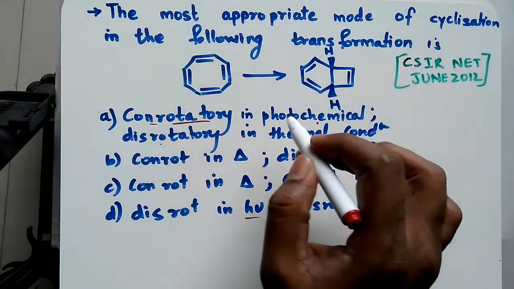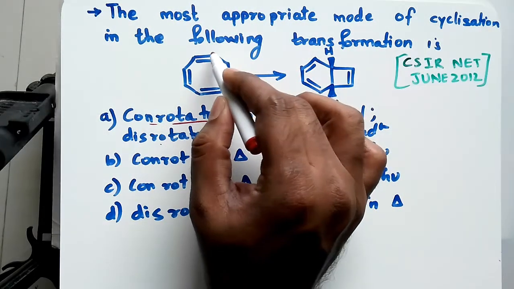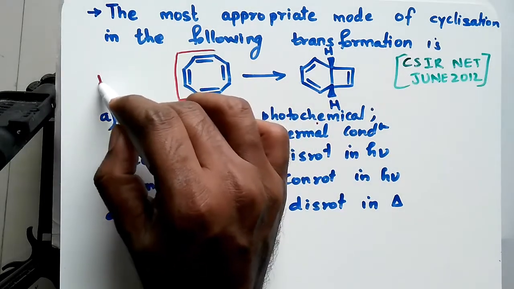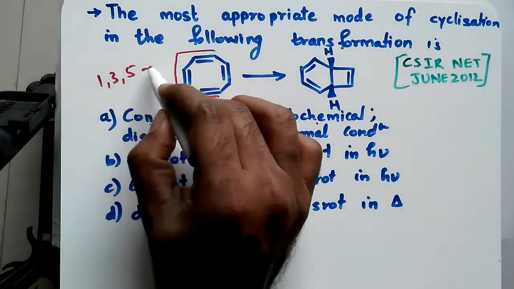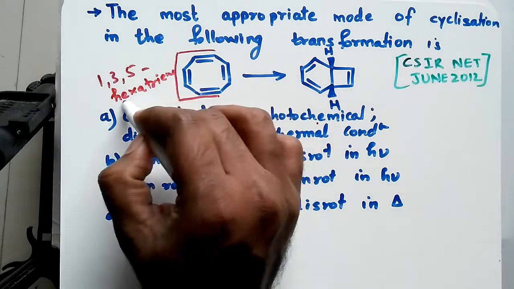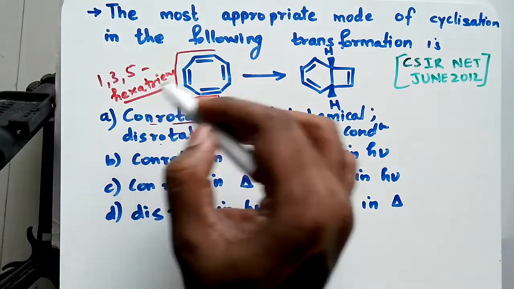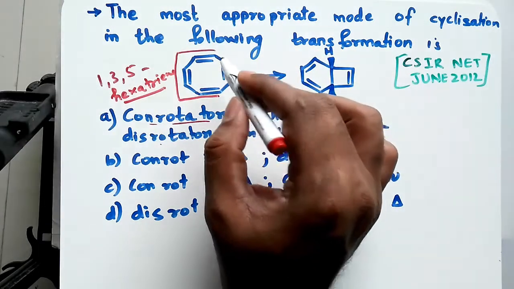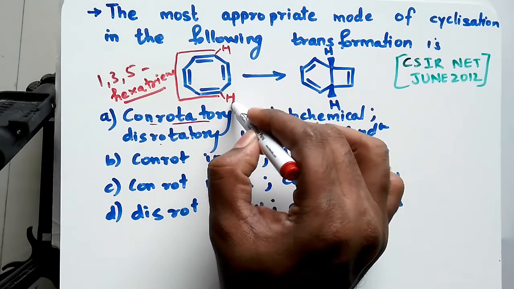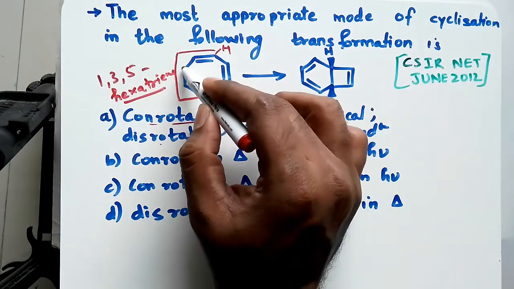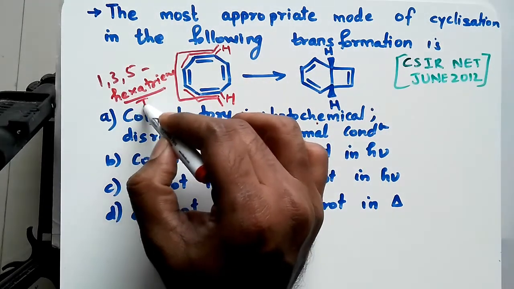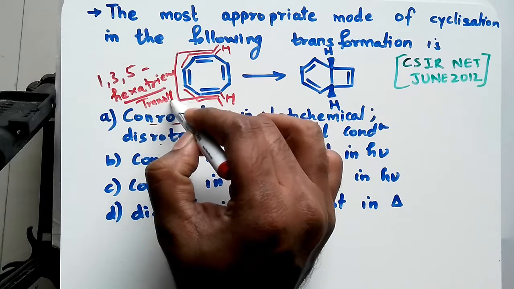There are two parts that we have to remember. Over this part, which is an example of 1,3,5-hexatriene, we have to check the HOMO of 1,3,5-hexatriene. And another thing is that if you observe the stereochemistry of hydrogen here, in both the cases they are trans to this group. So another important piece of information: trans hydrogen.